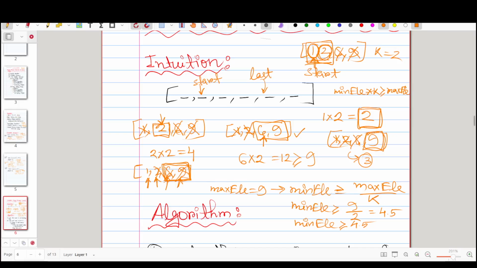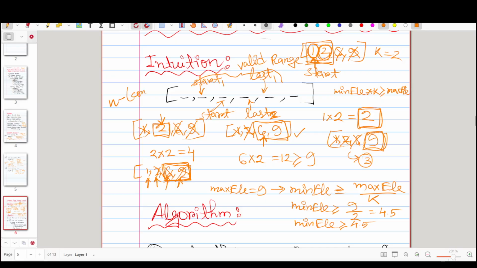Or we already fixed the last element. Let's say this is the last element: start element 1, last element 1, and you can say last element 2. We fixed a last element, then we can find what is the possible start element. This way you get the valid range. Once you get the valid range, you subtract from the total elements, like n minus considered